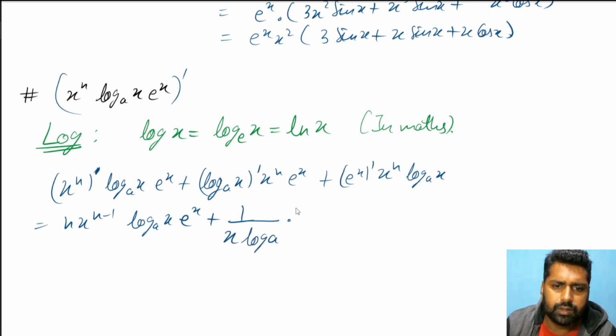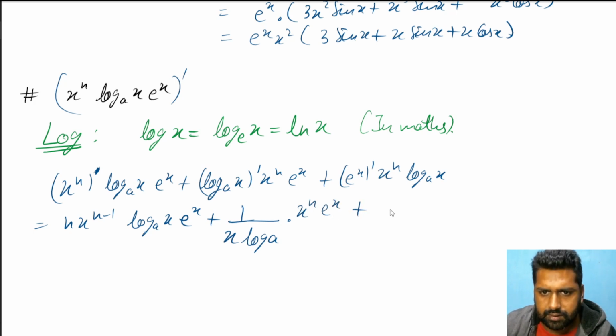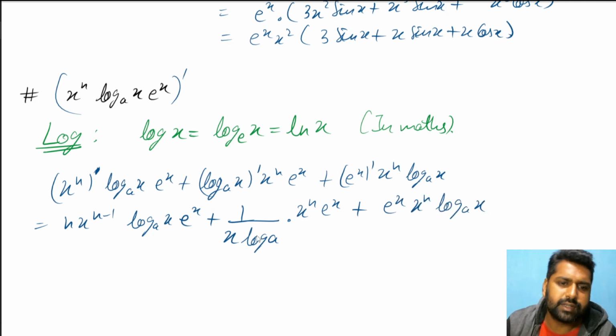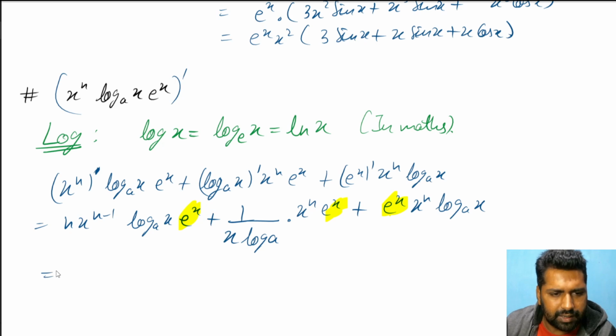Now we know x raised to power n e raised to power x, plus e raised to power x differentiation is e raised to power x, x raised to power n, log base a x. Again, you can see e raised to power x is common in every single expression, and x raised to power n minus 1 again you can take common, but I'll keep it simple. E raised to power x common, rest you can do accordingly,